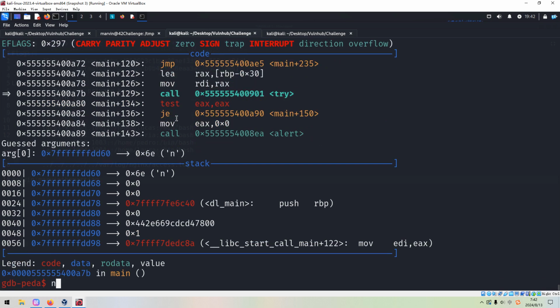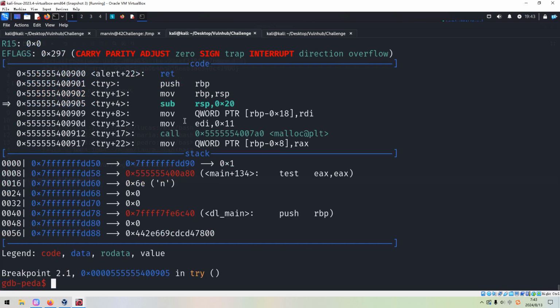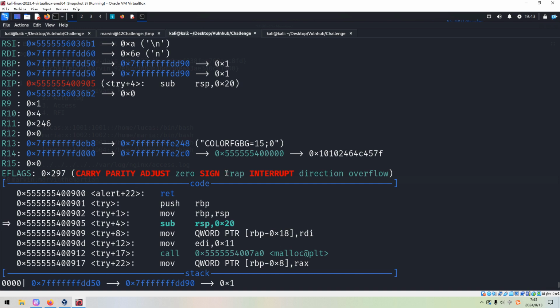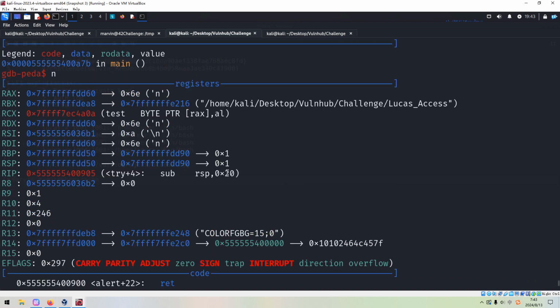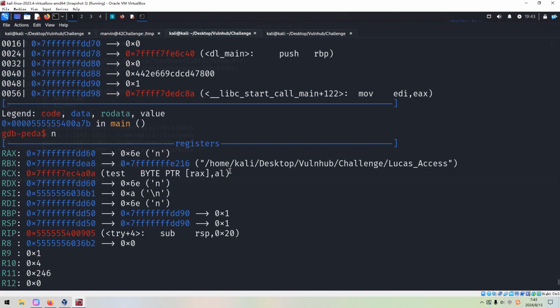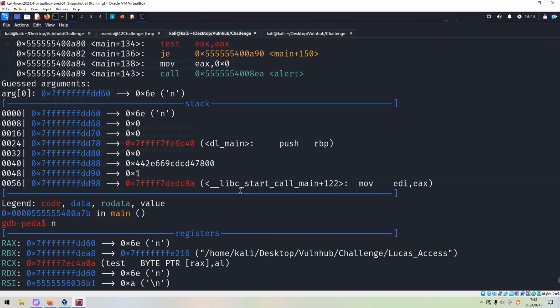Okay, as you can see over here, this one, test. Test is some sort of compare. And I think the binary is doing some comparing of our input password to the correct password, right?